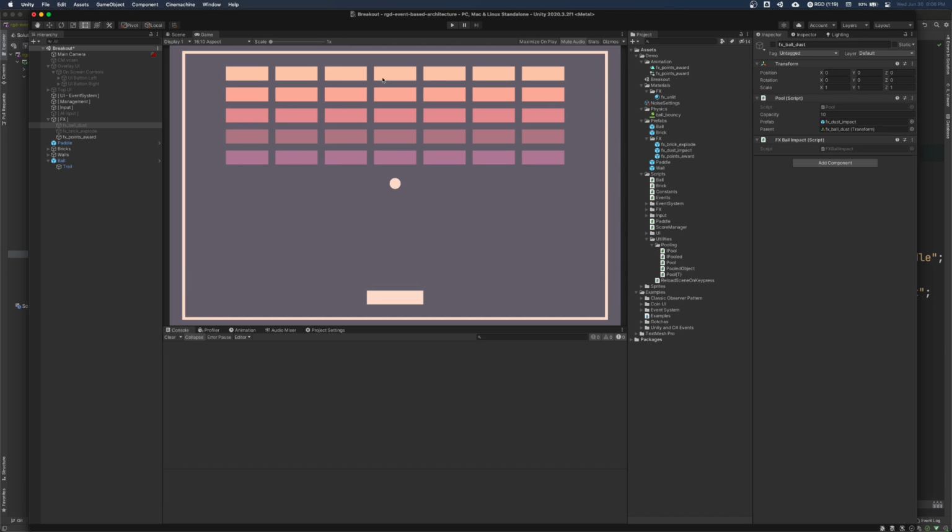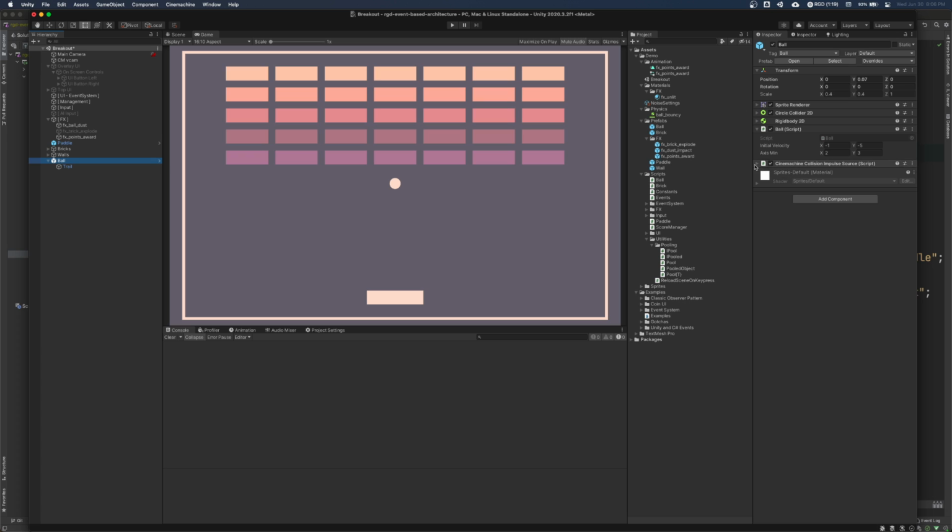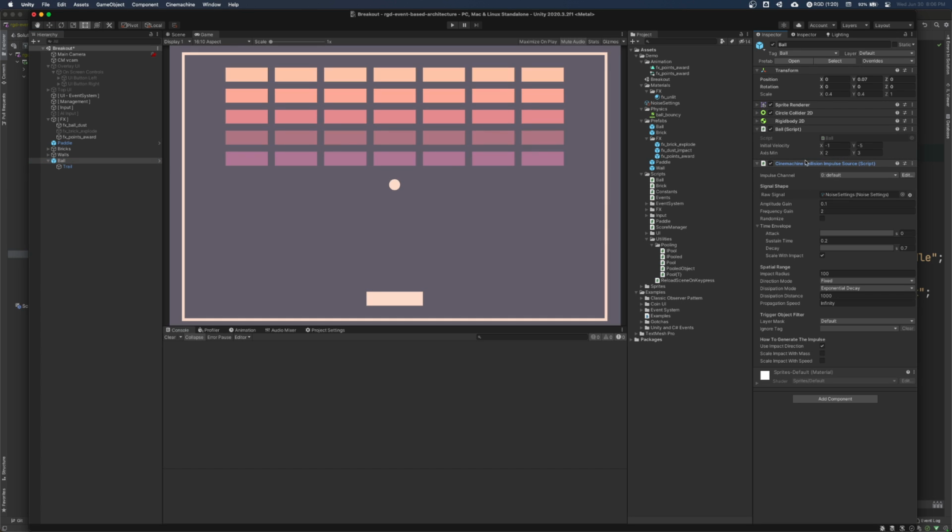So we could also add some screen shake, a classic juice effect, right? So we have our dust. We might also choose to add some screen shake. In Unity, we have Cinemachine, so we're going to use that to do the screen shake. And Cinemachine has its own impulse listener. Literally, it's in the name. This is using the observer pattern. So this listens for impulses, which are a kind of event in Cinemachine that tells the camera to shake. And in this case, on the ball, we've attached a component called an impulse source. It dispatches an impulse on collision. So it's very similar to the system that we're using.